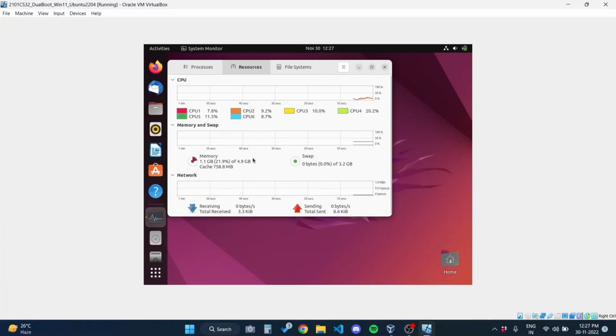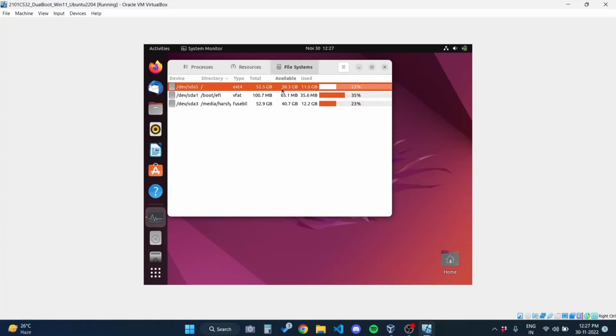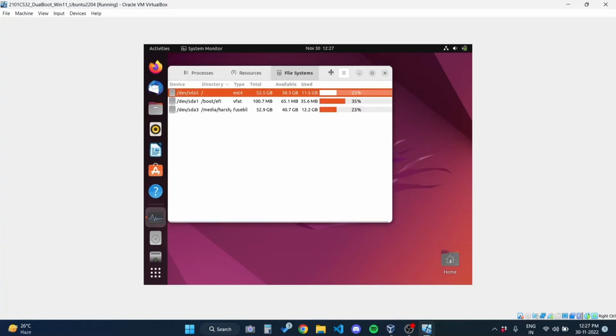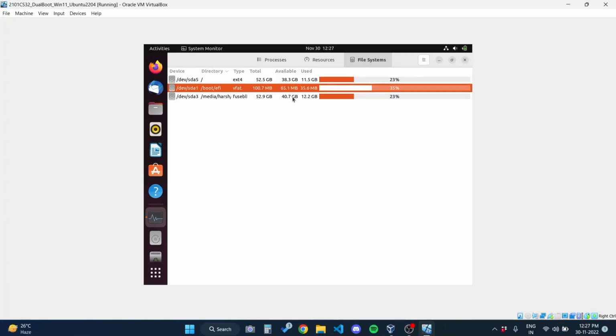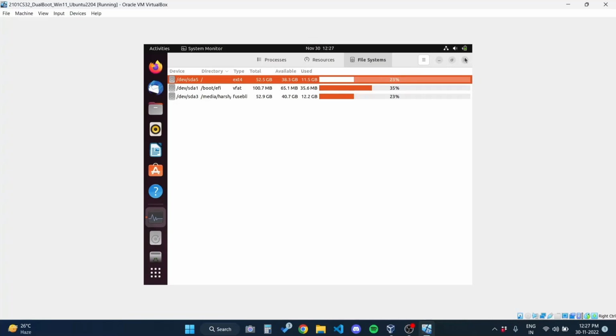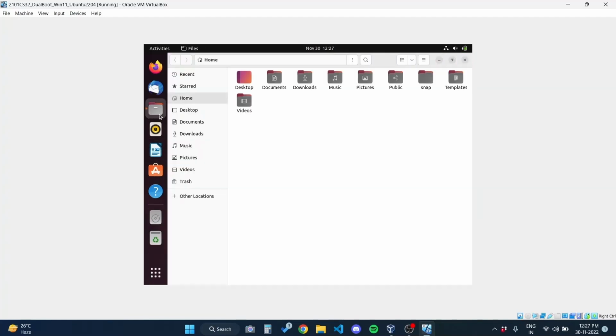So you can go through the memory occupied, the system manager, and you can see the file systems. Under the file systems option, you're able to see that we've got approximately 50 GB of data allotted to Ubuntu. So that is how you dual boot